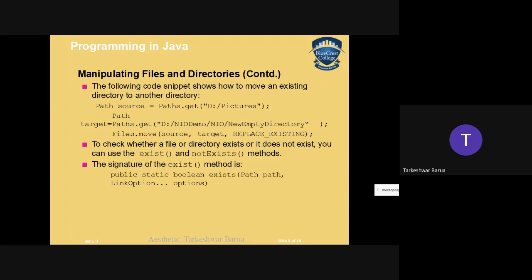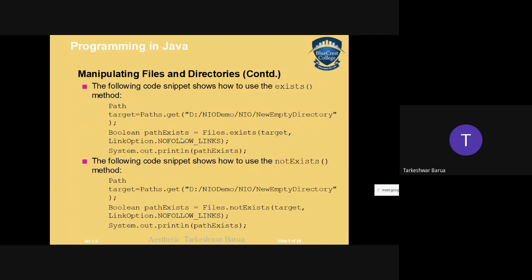Manipulating files. If you want to write that file or move that file, we have these functions: Files.move, Files.exists, Files.copy, Files.createFile, Files.createDirectory. The following code snippet shows you creating one directory, getting one directory, and checking whether that particular directory exists or not. You can check whether a particular folder exists in your system. Once you find the information, you can create your new folder according to the requirement.